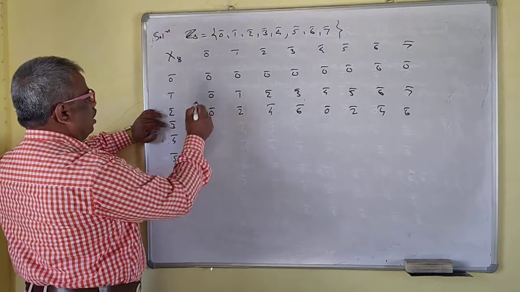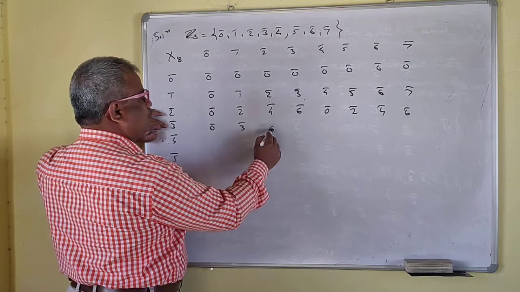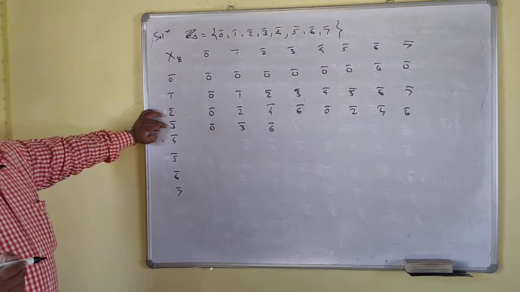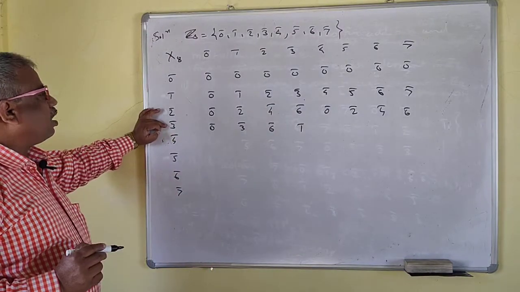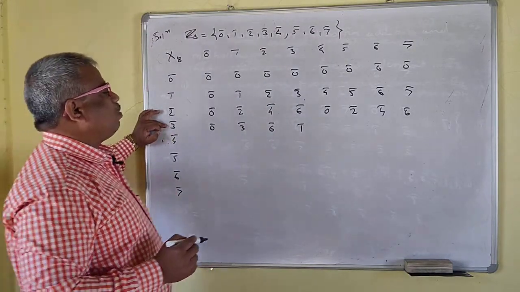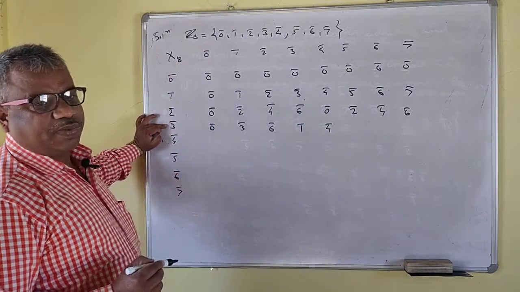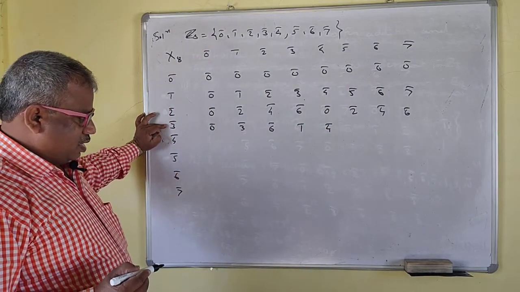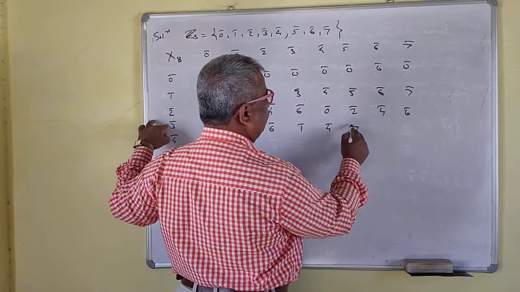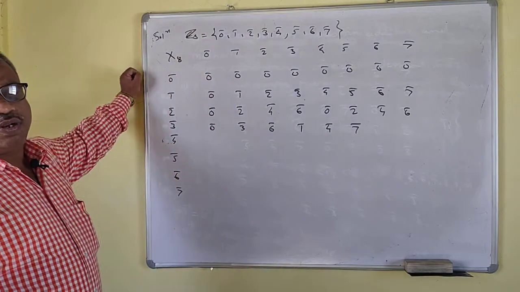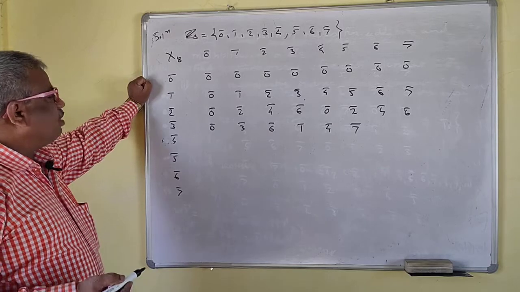Okay, so we do for 3 bar now. So this is 0 bar. This is 3 bar, 6 bar, 9 bar. 9 bar is same as 1 bar. Now this is 12 bar. 12 bar is same as 4 bar. 15 bar. 15 divided by 8, so that is 7 bar. If you divide 15 by 8, then 8 plus 7 is 15. So this is 7 bar.